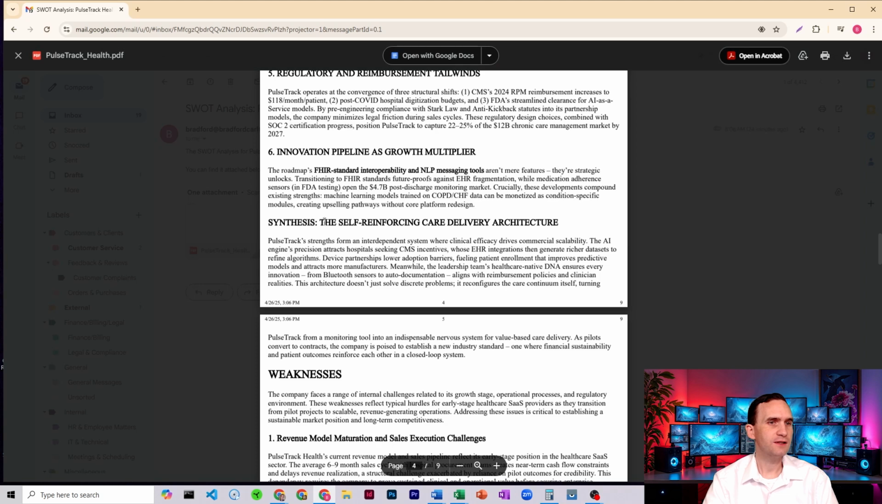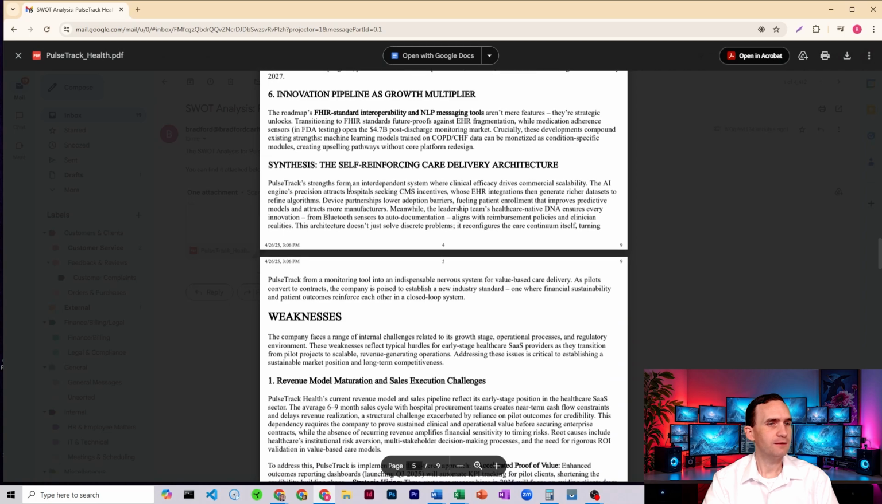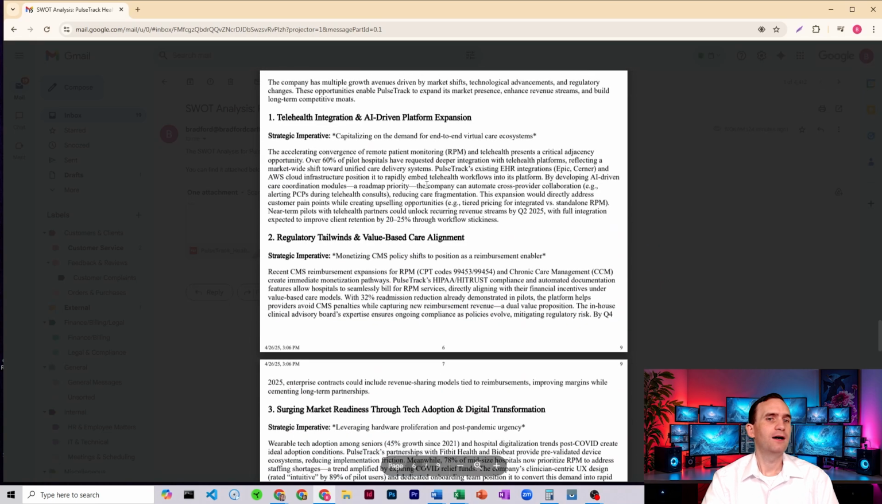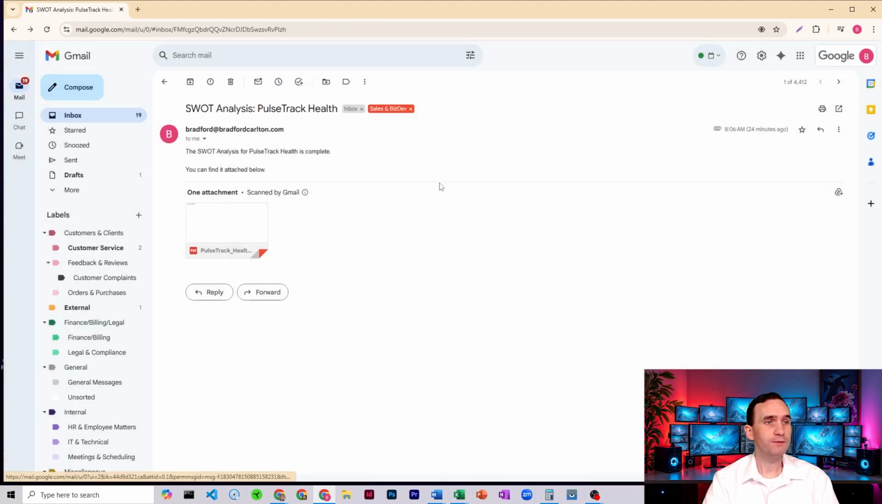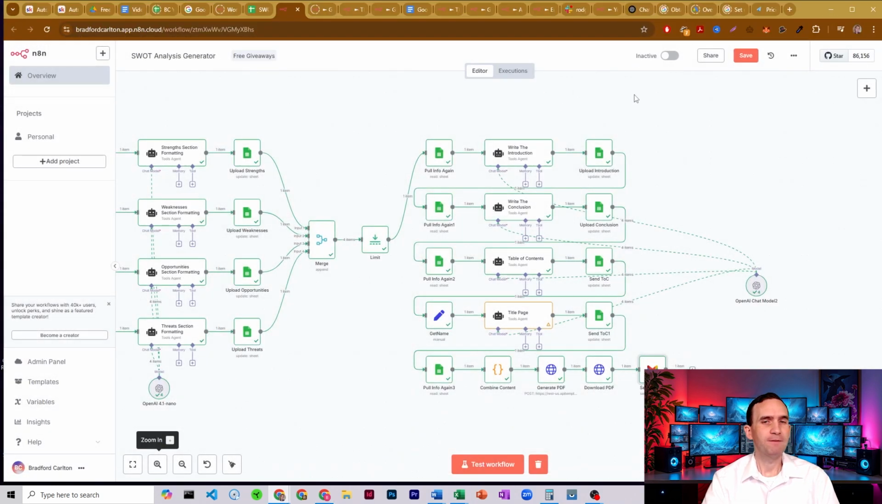So here's our synthesis of our strength section, the self-reinforcing care delivery architecture. And so it gives us everything we were looking for, exactly the way we wanted it. Usable for yourself, for your company. It's usable for you and your clients. It is honestly a great way to not have to buy or use a business consultant because, hey, these models